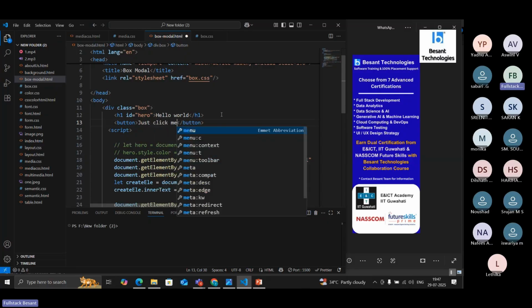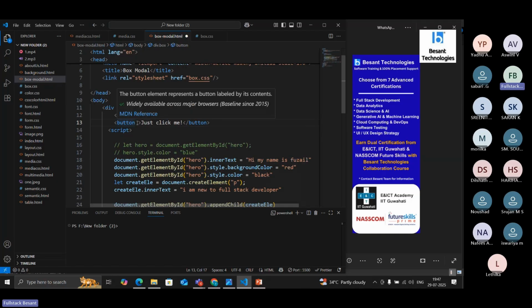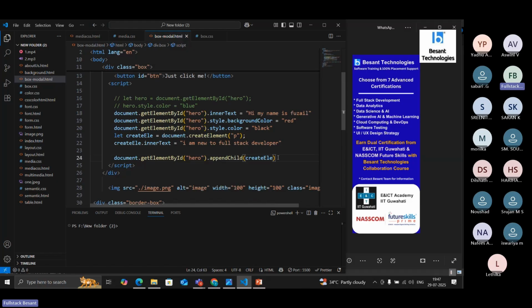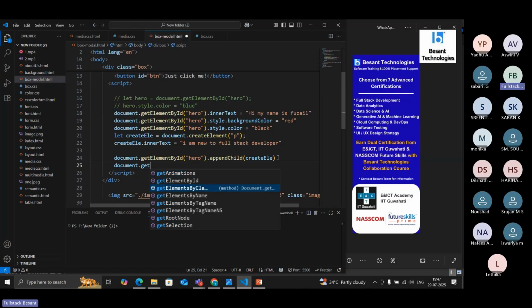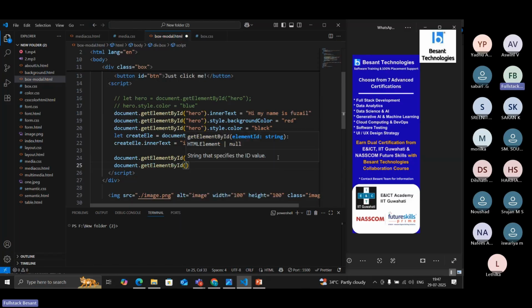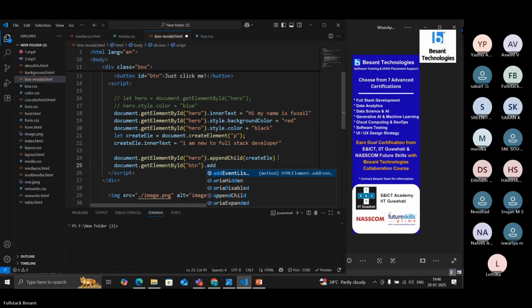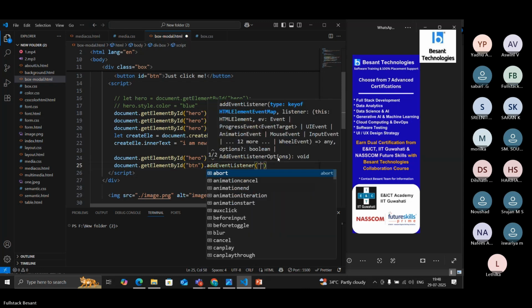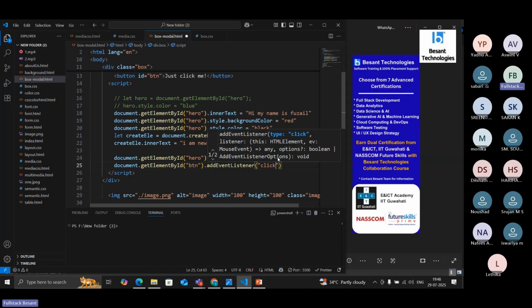Just click me. So here I'm going to give the ID attribute as btn. In the scripting language, what I'm going to do is document.getElementById, give the ID attribute name, then .addEventListener, and give the event value for what I'm going to do, whether it is click, cancel, blur, or mouseover, this kind of thing. So I'm going to give click, and then